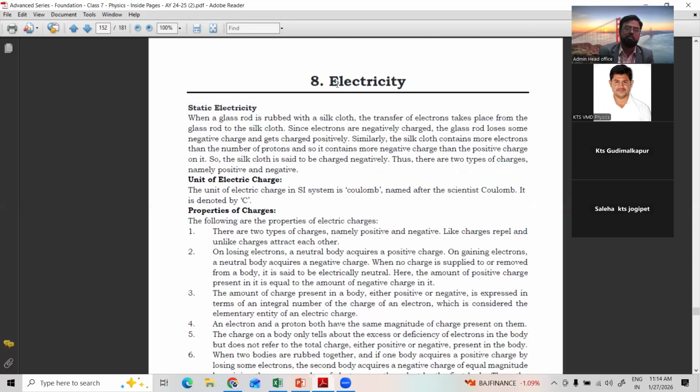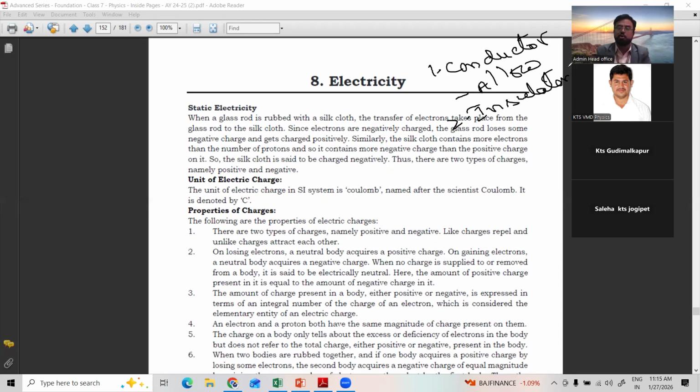Then another very important thing we learned is about all the electrical bodies, which are classified into, number one, conductors. What are conductors? Suppose we have so many materials with us: iron, nickel, copper, silver, gold, and all. When you pass electricity through all these things, they allow the electricity to pass. Conductors are those which allow electricity to pass through them, and are called electric conductors. The second category is insulators. Just how we discussed in the video.